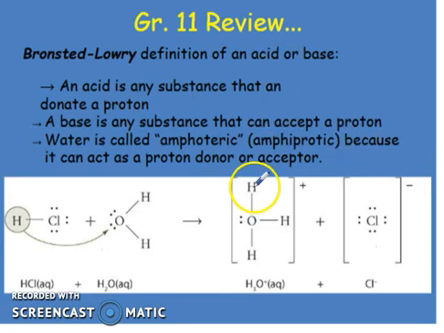Okay, so this is it again. We're going to go over this. I know it's repetitive, but some of you may have, grade 11 was a long time ago. So the definition of an acid or base